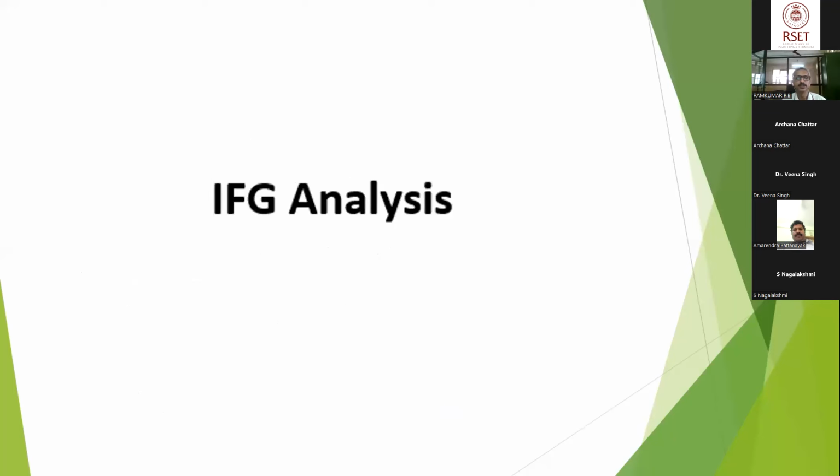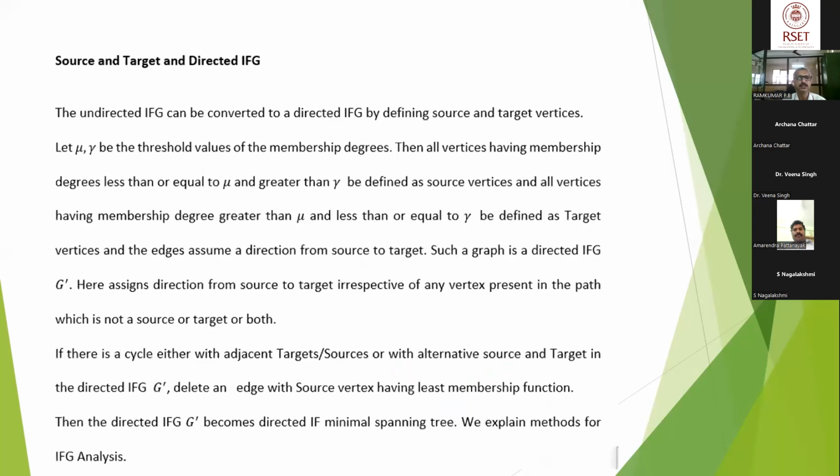Then the next one is indulgency fuzzy analysis. Here the undirected indulgency fuzzy graph can be converted into a directed graph by defining source and target vertices. Let mu and gamma be the threshold values of the membership function. Then the vertices having membership function degree less than or equal to mu and greater than gamma are defined as a source, and all vertices having membership function greater than